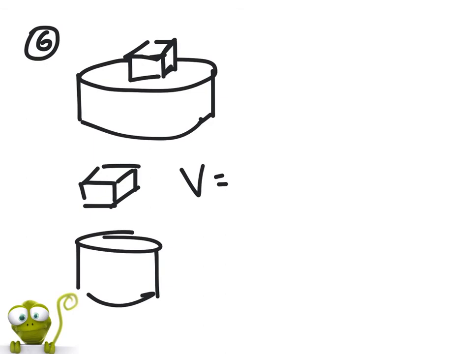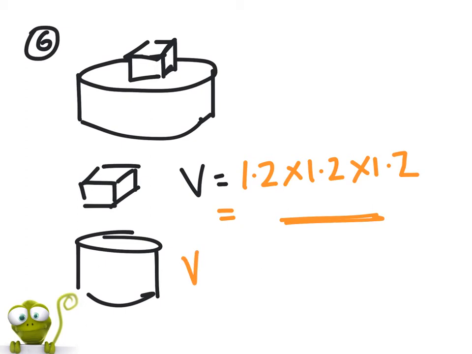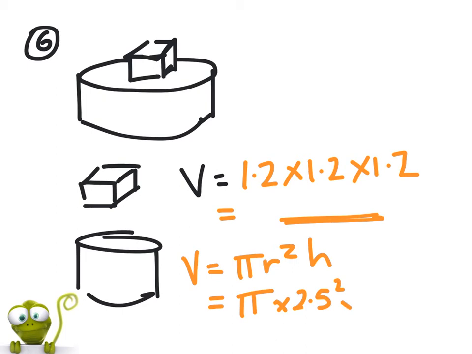Question 6. We've got this little building block. Now the volume of the cube on the top: the question tells us the cube is size 1.2. So that's 1.2 times 1.2 times 1.2. That's the top one. The cylinder, we know the formula is pi r squared h. Do we know the radius from the question? Yep, the radius is 2.5. And do we know the height? Yep, the height is 2. So we're going to get that answer as well,